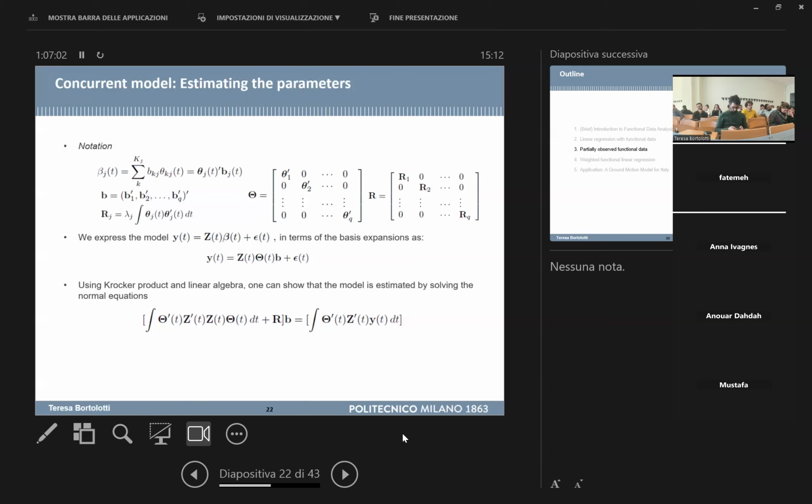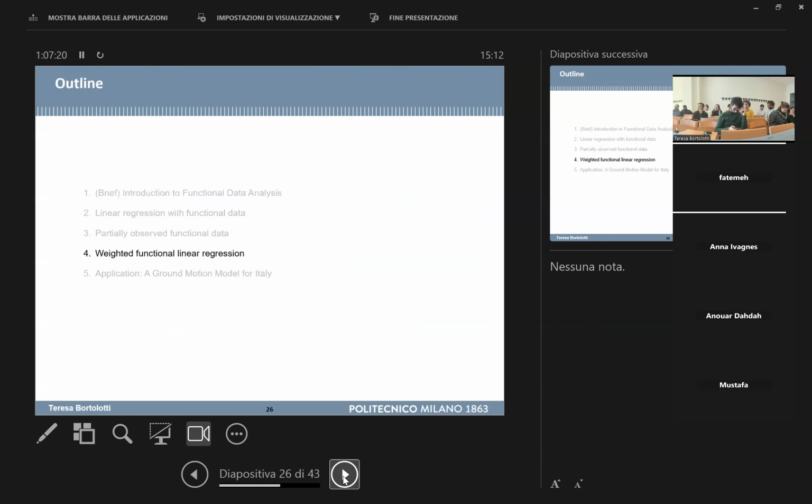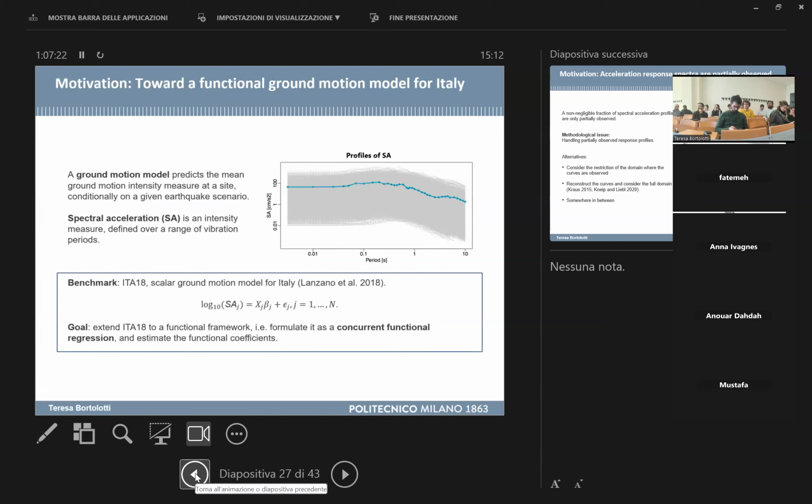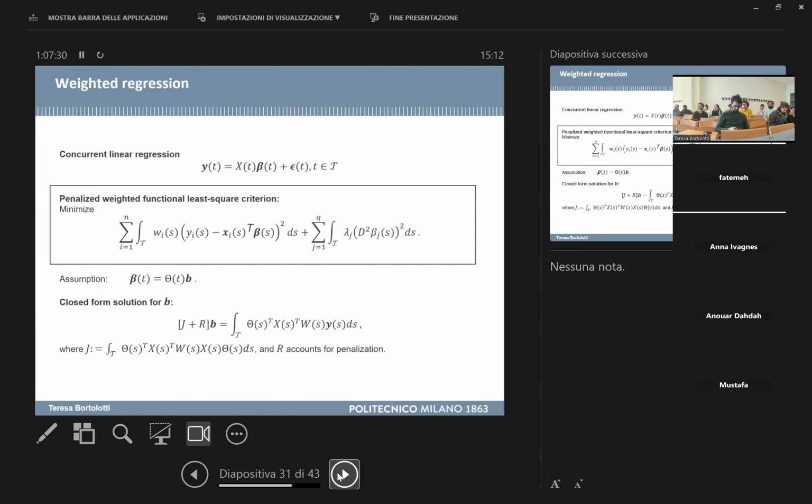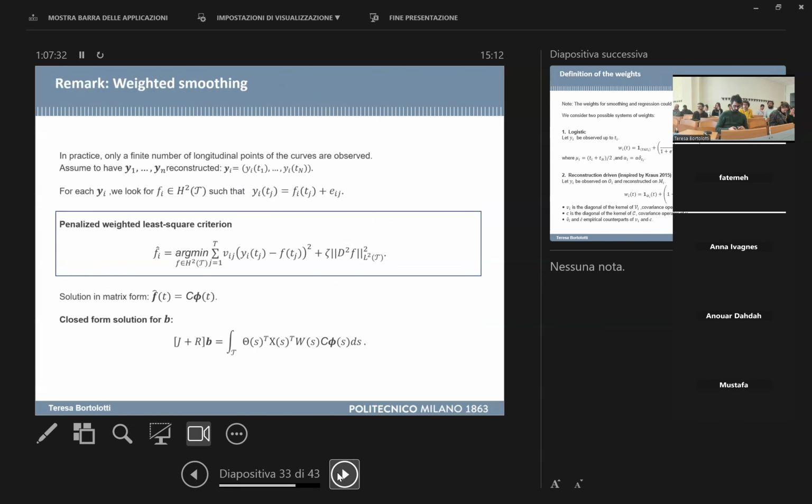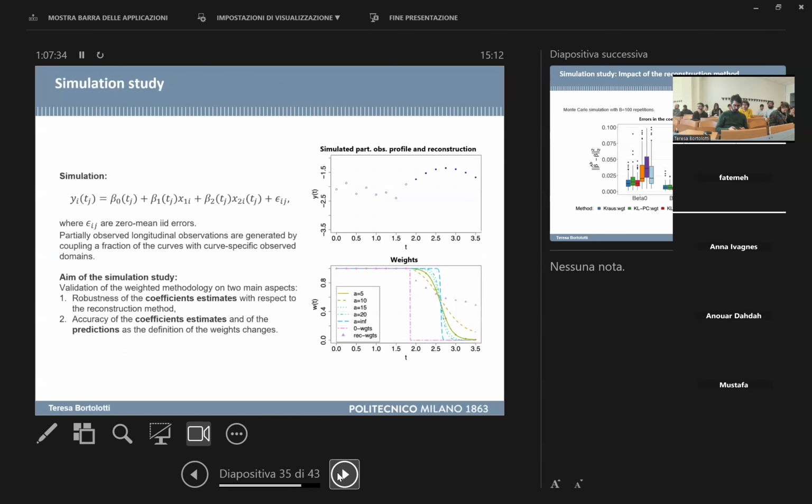It is not what I was doing in the simulation study that I showed you. Sorry, I missed it when I arrived. This was part of an introduction to the functional data analysis framework generally. Then I mentioned to you a new way of performing a linear regression model in the functional setting. And what I showed you is the performance of this new way of doing it on simulated data